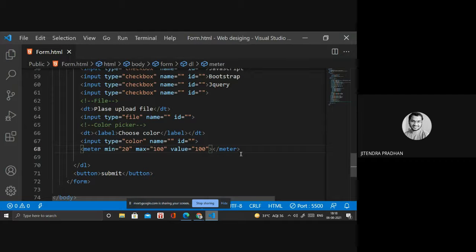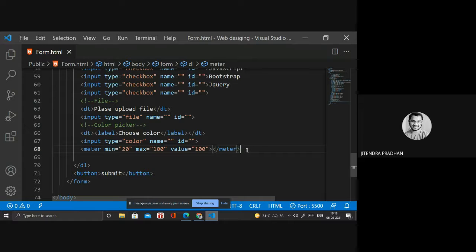So according to the requirement you have to choose where we are using meter. In many websites, if you enter any password, a weak password is colored red, and a strong password is colored green, and a poor password is colored something else.